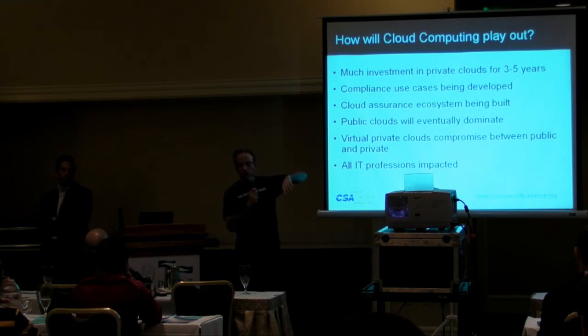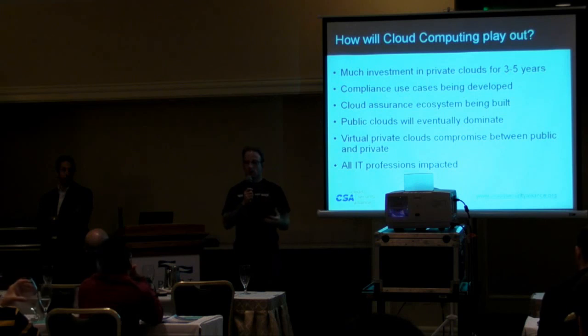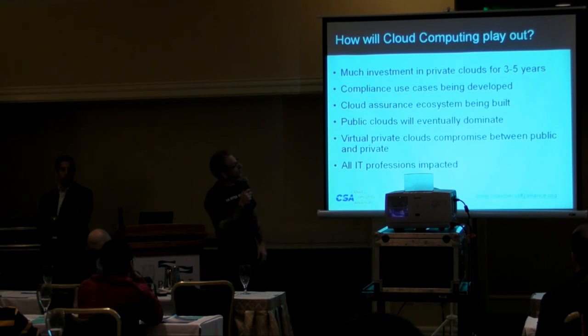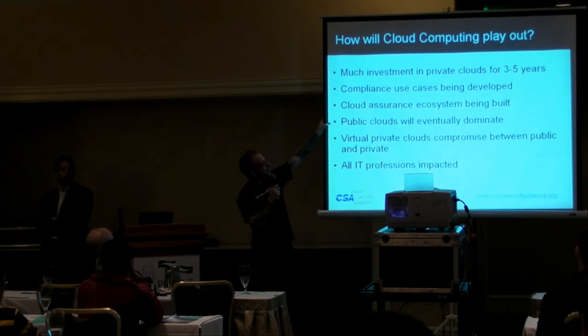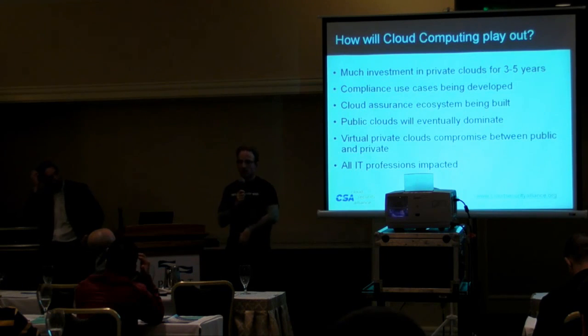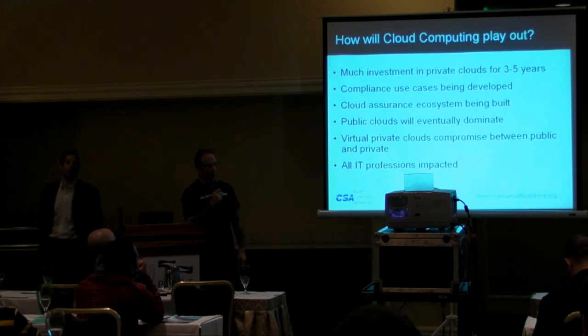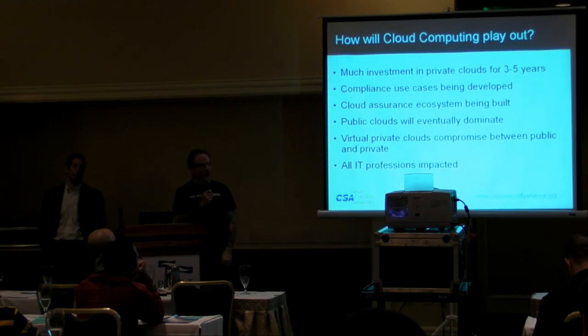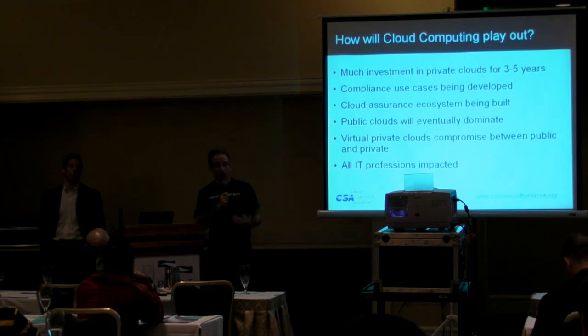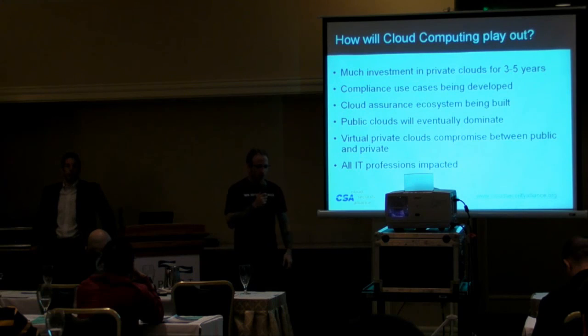There's a whole lot of activity around cloud around this notion of building an assurance ecosystem. So lots of initiatives, lots of activities, some of which I'm involved in, some of which the CSA is definitely involved with. This one, I actually have a little bit of a problem with. Ultimately what I'd say is that this hybrid cloud model of public and private and virtual private cloud, all these things tied together, will arrive at being the dominant model. It's going to be very difficult, in contrast with the first one, if you're building large private cloud capabilities for data that, because of compliance, you can't move out to public clouds, or at least won't for some time, that ultimately dominating is like saying that, you know, the internet